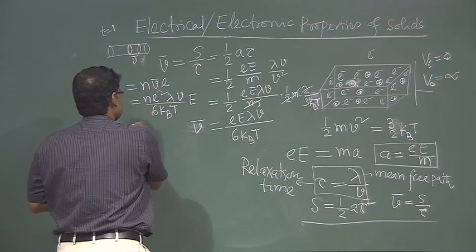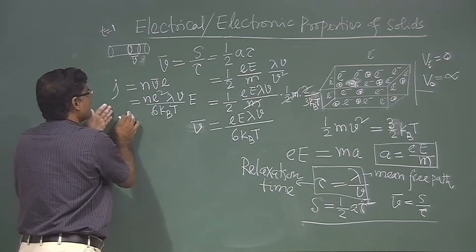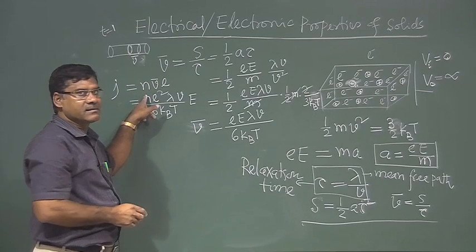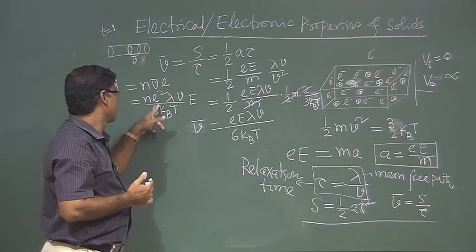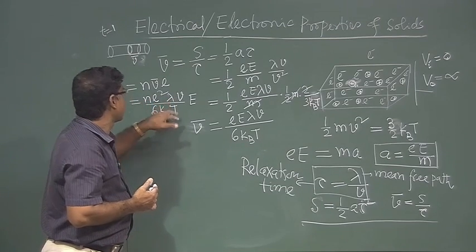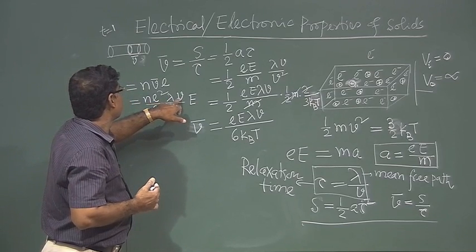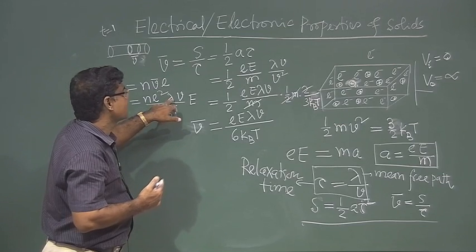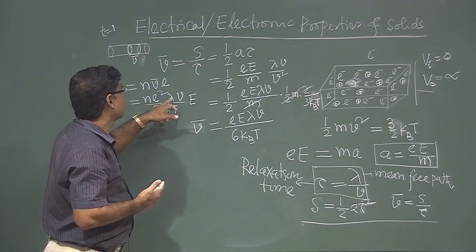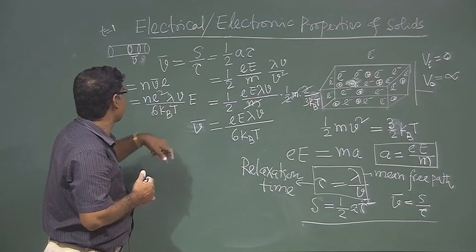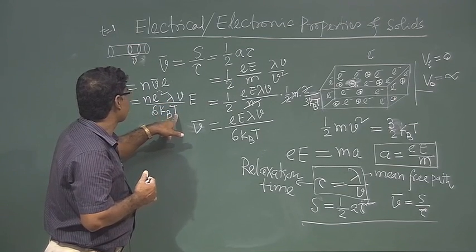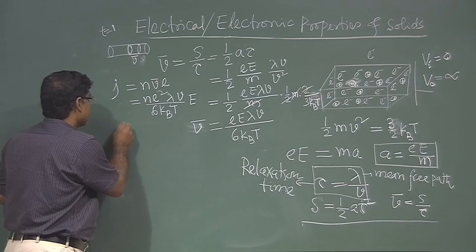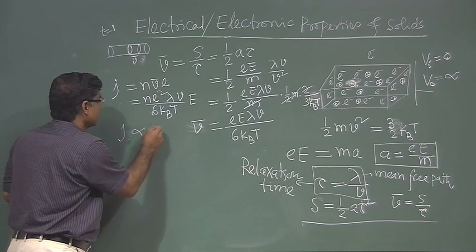So, this is now the expression from which I can see that for a particular material, n is constant, these are all constant, and this lambda, this v. Its lambda will depend on the material, on which metal we have taken. For a particular temperature, it is constant. So, here I can write that J is proportional to E